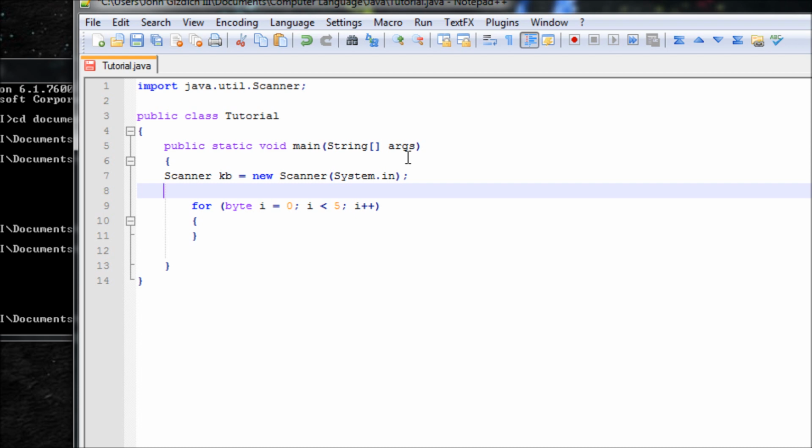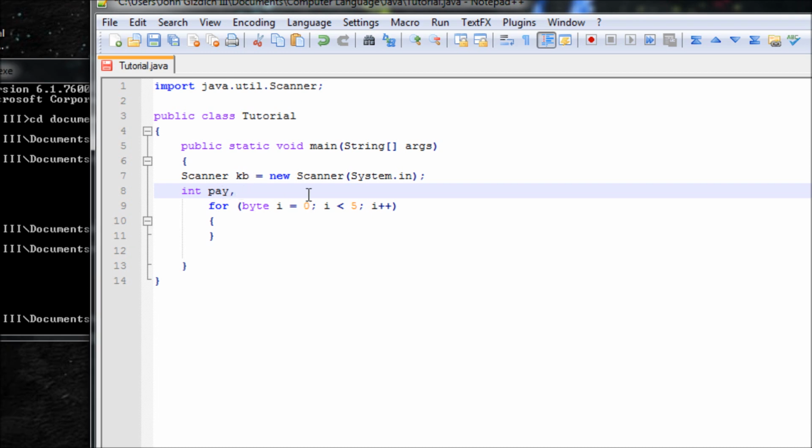We're going to input the employee's payment. So let's declare int pay, so the user can input their value for pay, and then we're going to use total for the accumulator, and you'll see why we need that, and make sure it's equivalent to 0. So every time the loop goes on, it will add on to 0, and eventually will be the sum of the total